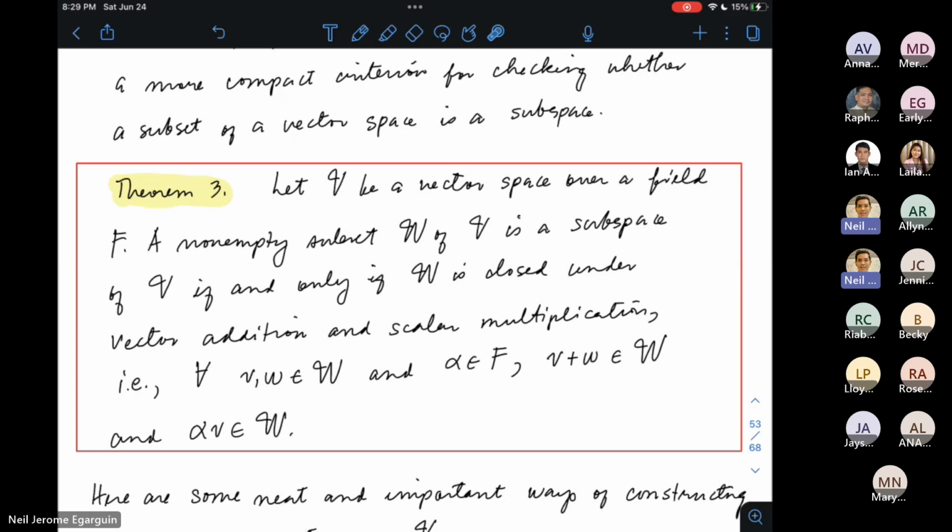Pero anyway, as you have seen in the proof of G being a subspace of F, nag-rely lang tayo actually sa closure, existence ng additive identity, at saka existence ng additive inverses, all right? And then we just mentioned that all other 5 properties of definition 3 were satisfied by inheritance. All right. So we can make sort of a compact criterion para mapadali yung pag-check kung siya ay subspace o hindi. And that is theorem number 3. So you can call this the compact criterion.